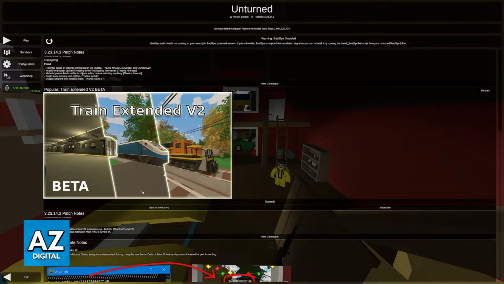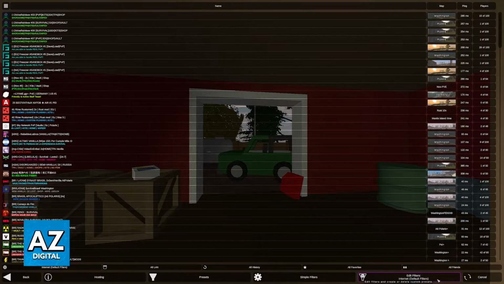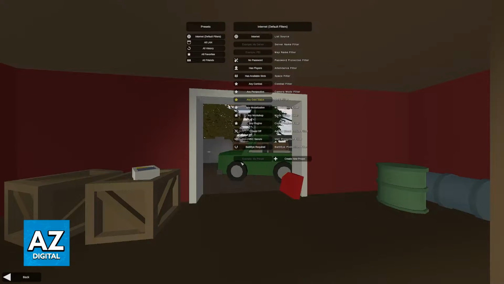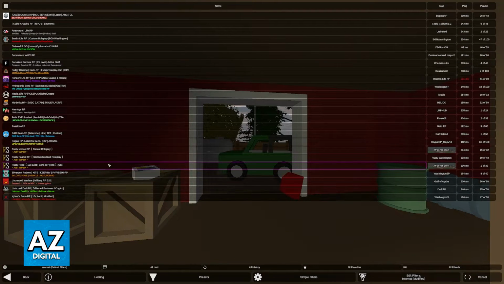First, you can do this process fully inside of the game by going over to Play and then Multiplayer, and in here, use the Edit Filters option to find a specific server. So when you go over to Edit Filters, you can type RP or Roleplay into the server name filter, and when you go back, only servers that have included RP in the name will appear.